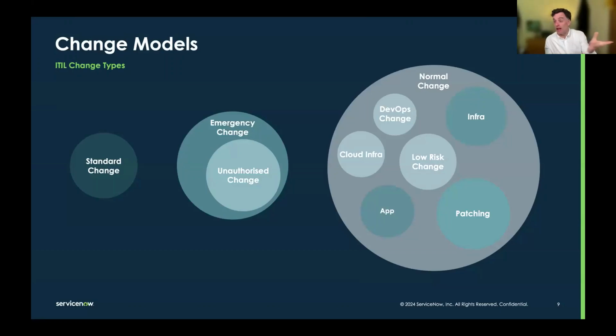We've also got things in there like DevOps, right? DevOps and some of these other changes will have, and increasingly will have, shift left data. And what that means is they have a lot of data in their own tools, and a lot of process in their own tools. They'll be doing planning, they'll have code repos, they'll be doing testing and security scanning, and they'll have a pipeline that automatically deploys the code and checks, or should check, that these activities have met certain thresholds. And they want to move really fast because they're like, our pipeline means that we can't break stuff, more or less all the time. So we shouldn't need to do all this stuff in change.